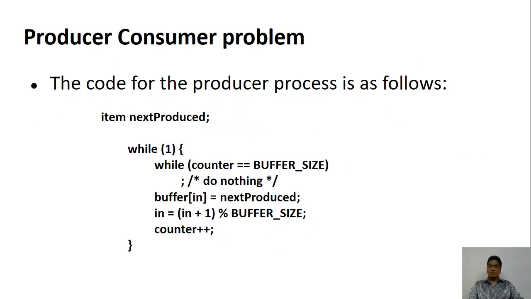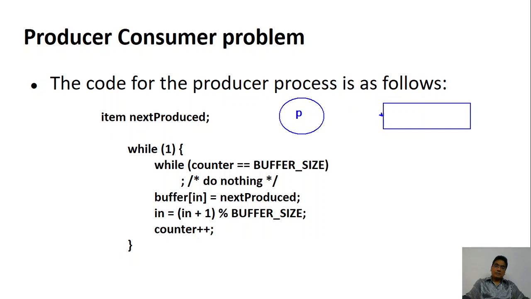So let's look at how the producer will work. What is the work of the producer? Let's look at that in the diagram. We have a producer and a buffer, and the producer is supposed to put an item in the buffer. What's the first thing that the producer must do? The producer must check whether the buffer is full or not. Is there a space where I can place the produced item? That's what the producer is doing.